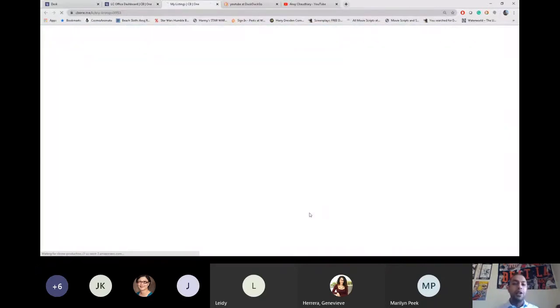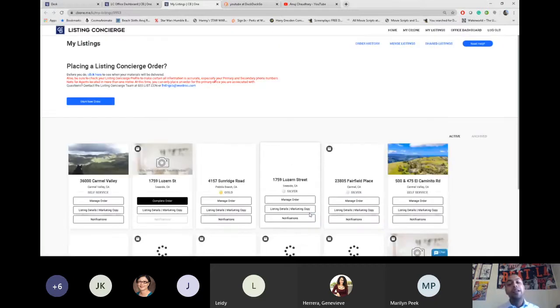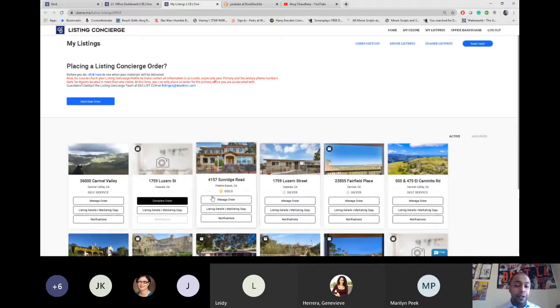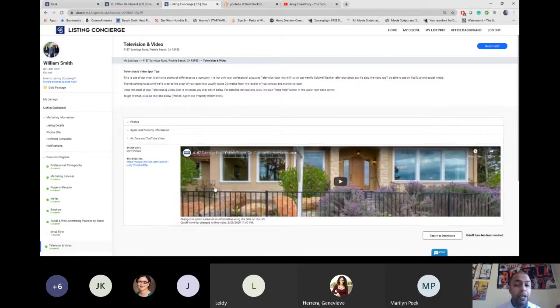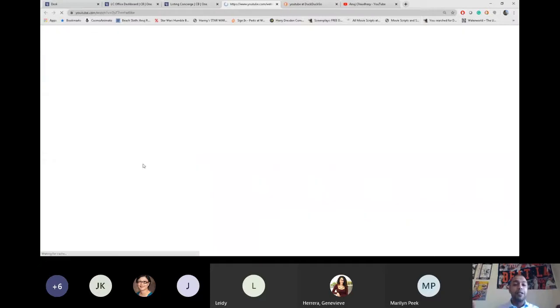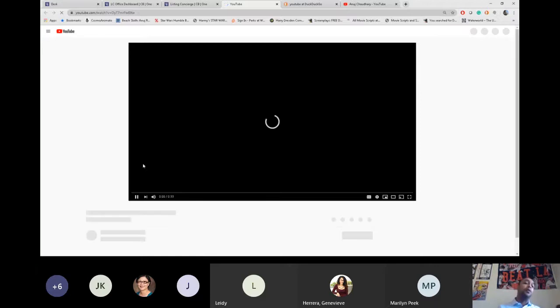All right, so when you're logging in, you should land right about here. Once you are on this page, we're going to go right into your order. And in your order, as you can see, the various things that have been completed. Once you've got the green light on your television and video, you can click on that, and you'll notice that you've got a link to a YouTube channel where all of our content is being uploaded and doing all of that great SEO marketing for this YouTube page, which we want to also have done for yours.